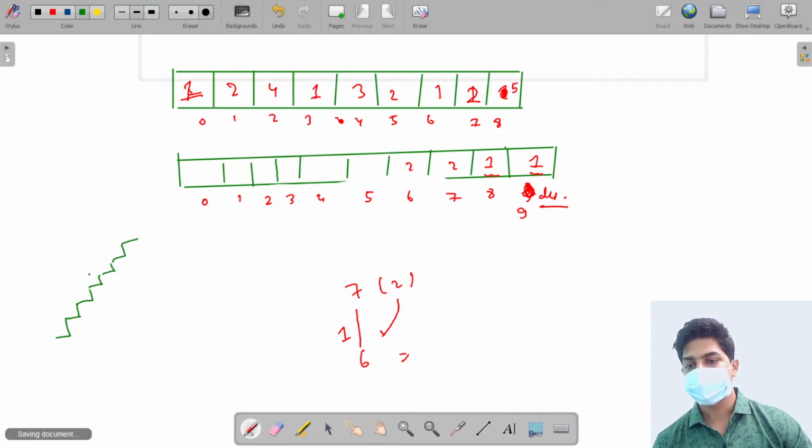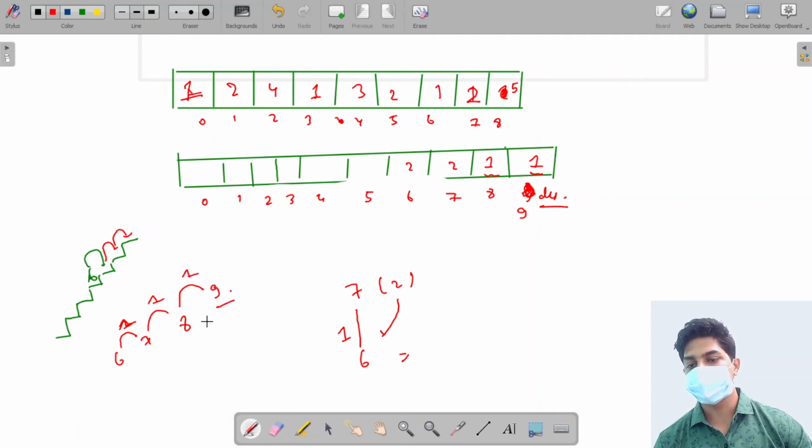So if we are on the 6th, I take a jump of 1 unit, I reach the 7th position. 7 says there are 2 paths, and those 2 paths are: either take a jump of 1 unit, reach 8, and take one more jump and reach the 9th position. So one path for 6 is to take a jump of 1 unit, reach 7, again take a jump of 1 unit, reach 8, again take a jump of 1 unit, reach 9. We have already calculated the 2 paths for 7, and I am reusing these paths over here. Just now we solved the paths for 7, so I am reusing them to show the paths for 6.